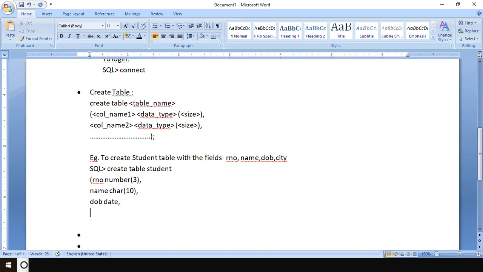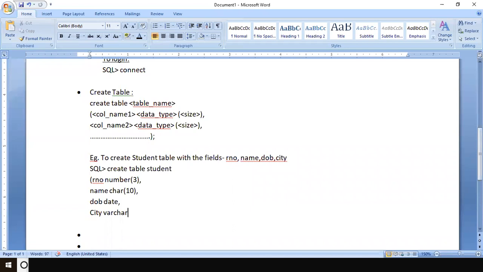And the last one, which is the last column, city. For city, you may use character again, but there is one more similar. Even string data type is there, of course. But normally I'm used to char and varchar. So you're free to use any other data types. I will share the notes with you later. So right now we'll use char and varchar because these are popularly used.